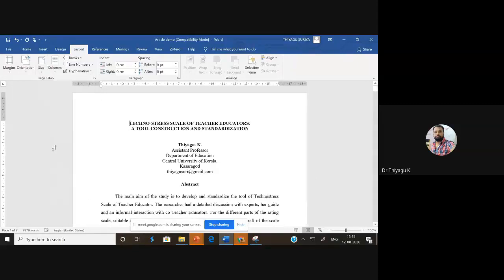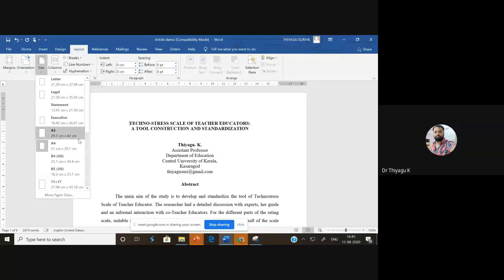Normally the research report as well as the research paper for sending the article may be A4 page. So I hope you understand where we can check the A4. We can check with the layout. In the layout, you can see the size options. Normally the A4 size paper is 21 centimeters by 29.7 centimeters. The letter is 21.59 centimeters by 27.94 centimeters, length by breadth, that size only.